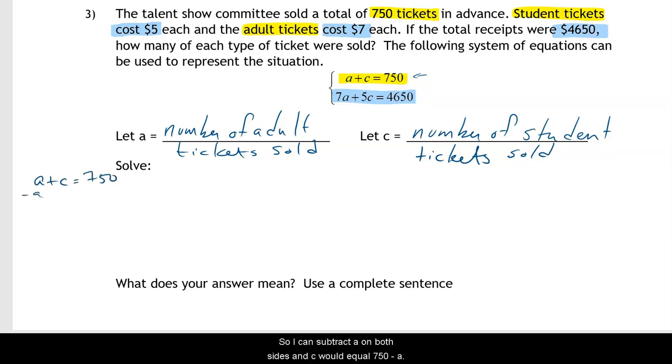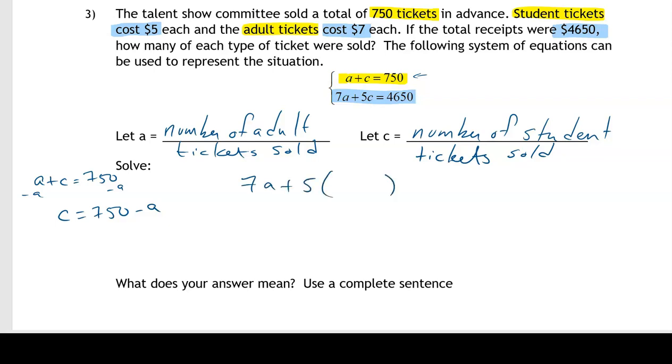So I can subtract A on both sides, and C would equal 750 minus A. Then I can plug that into my second equation, which is 7A plus 5, and instead of C, I'm going to plug in what I solved for over here, and that would be that 750 minus A,